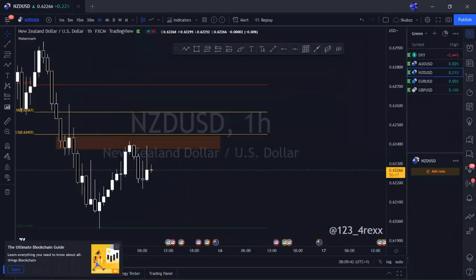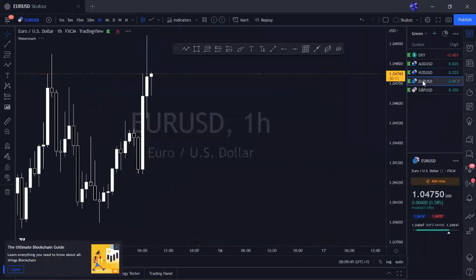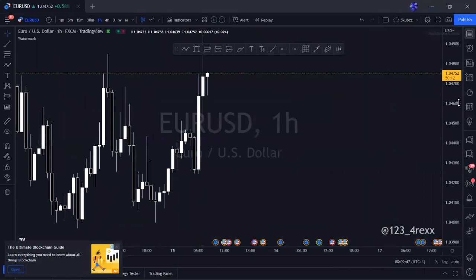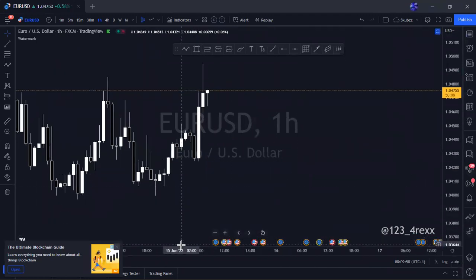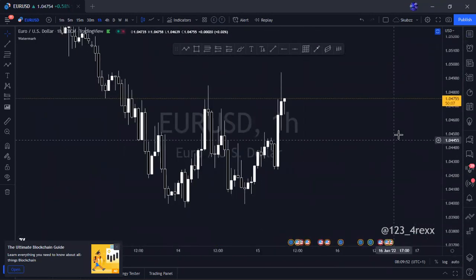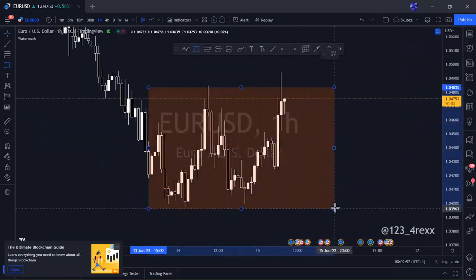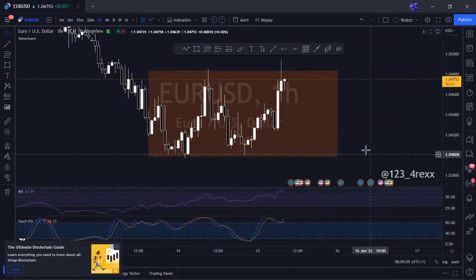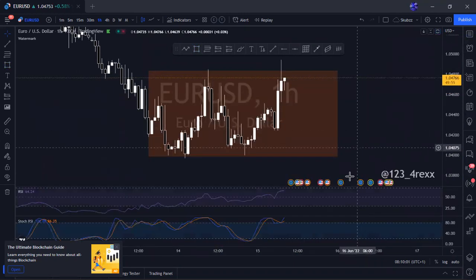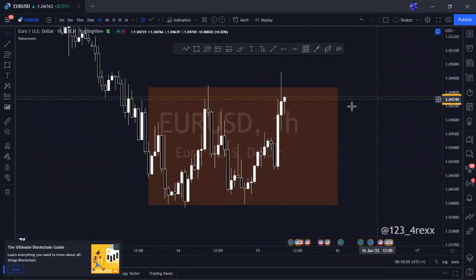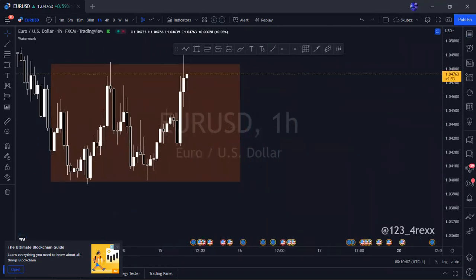So guys, let's move to our next pair, which is USD. Oh God, I hate long candles. Wow, I am going to sit this one out. This is kind of like a range. I hate range. Wait, let me see something. This was here. This was around here. I hate range. Let's go to another pair, which is GBP.